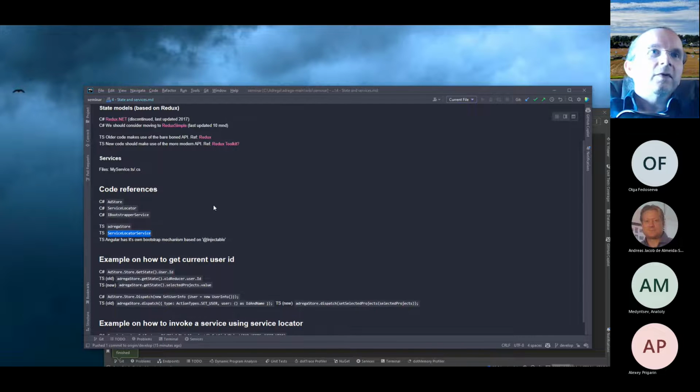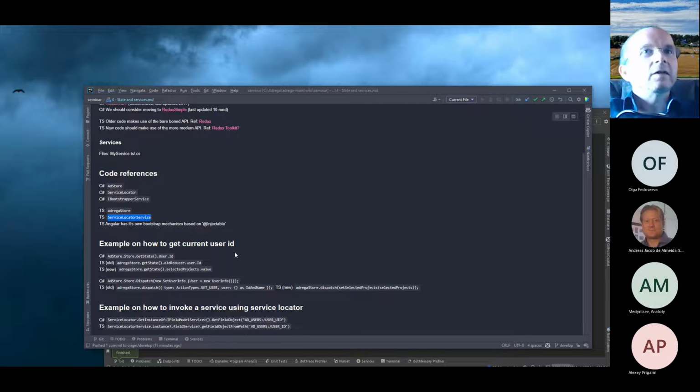So in fact, let me go through the examples actually, because that might be good for the background. So this is an example on how you would address or get access to the user ID for the running session. This is valid in the client code. It is not valid in the server code, because the server code can be used by many different users,